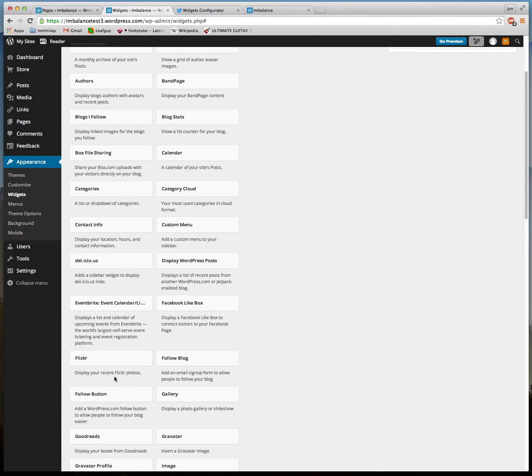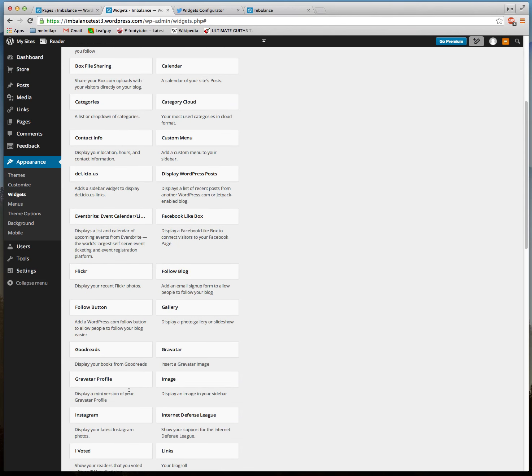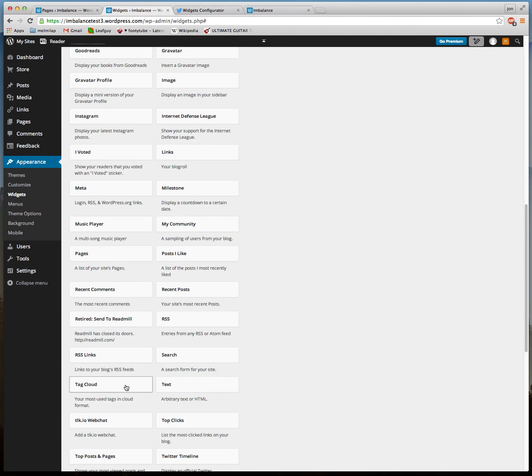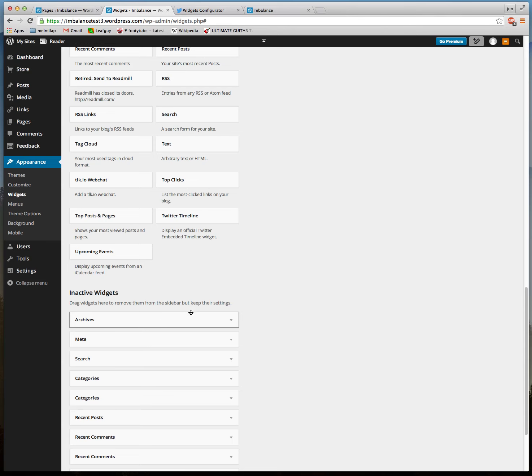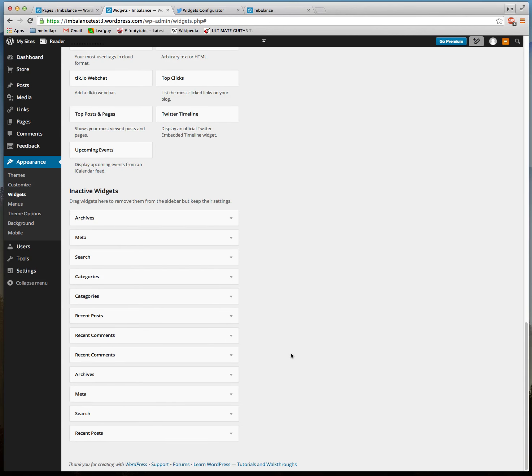You can display your Flickr photos, you can add a follow button, you can have a section that links to blogs that you enjoy or different sites that you like. You can have a Facebook like button. You can also have archives from your own site, a list of categories from all the posts you have categorized under their tags. There's a lot you can do, and for this web tutorial I won't get into all of it,